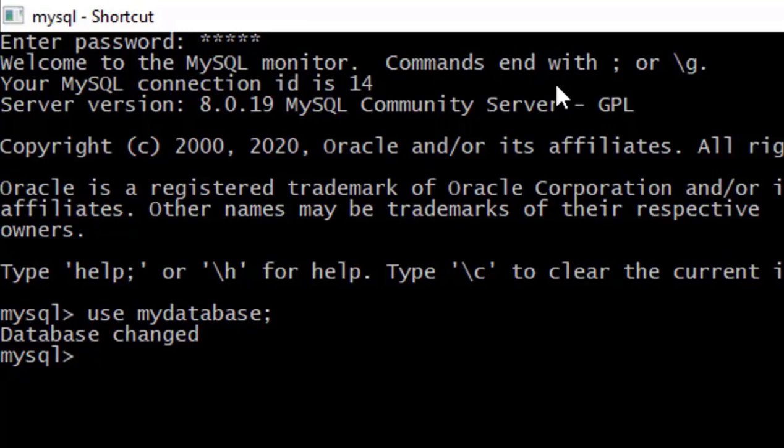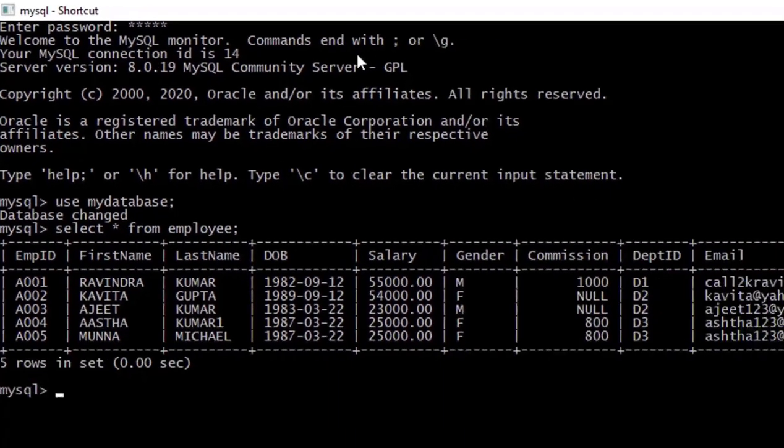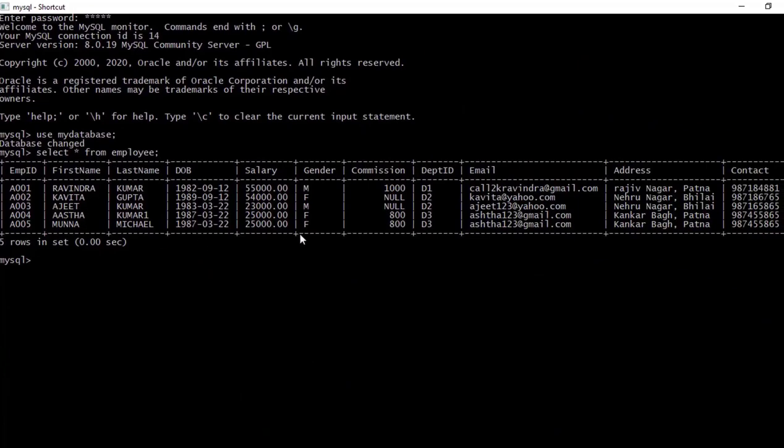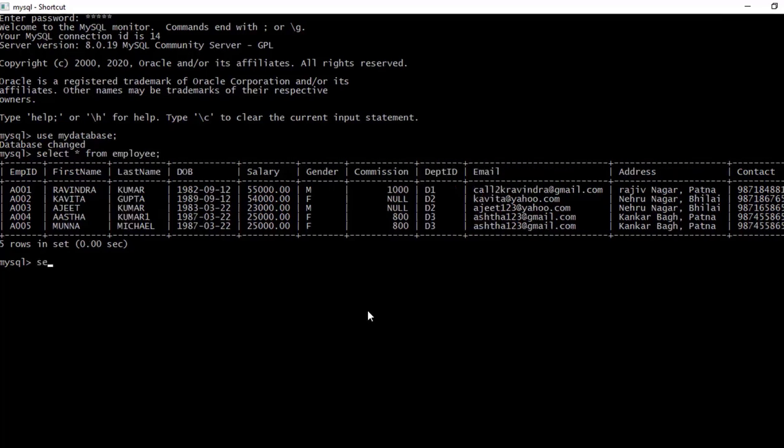Now, but before going to learn all this query, let me show all the data of employee table. Select. So here these are the fields and these all are the records regarding to this employee table. Now the first question list out employee ID, contact as mobile number. So here mobile number is what? Temporary name. So let's start writing query.